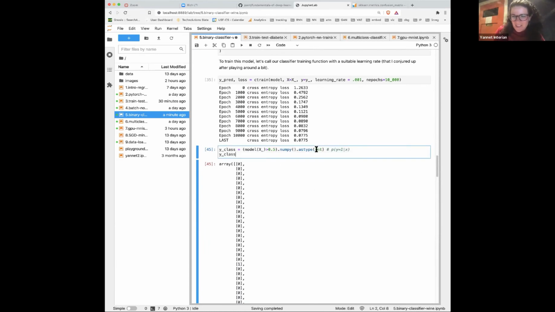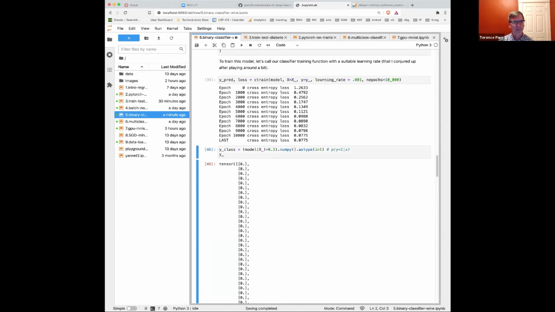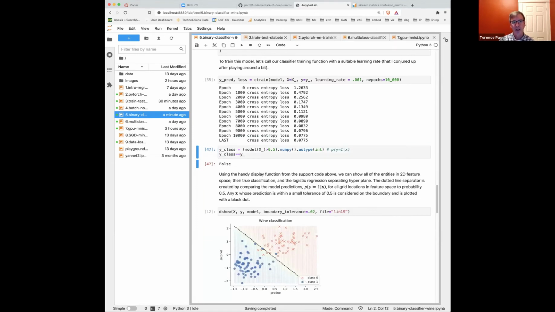All right. So there is a way of doing it in Torch too, but I don't know what it is. Okay, so now we have these predictions, and we also know what the true predictions are. The true predictions are just y. Okay, so now we just check: how are they the same? And we get